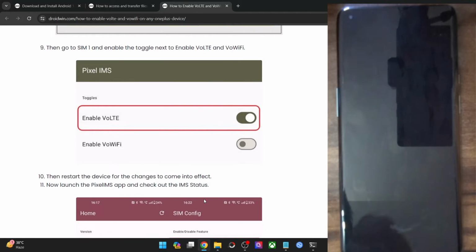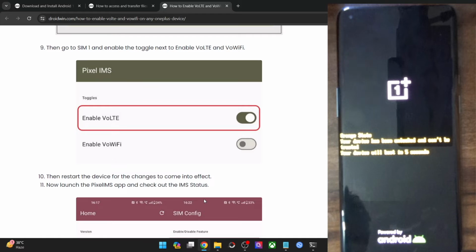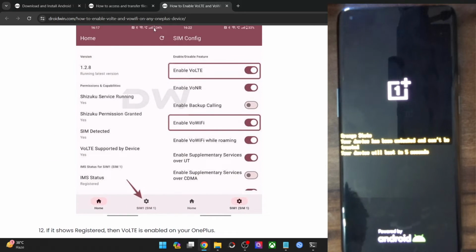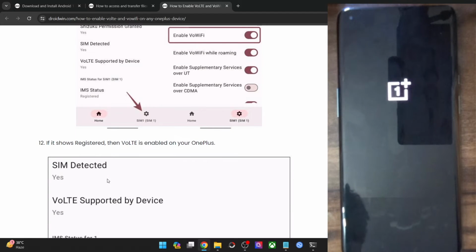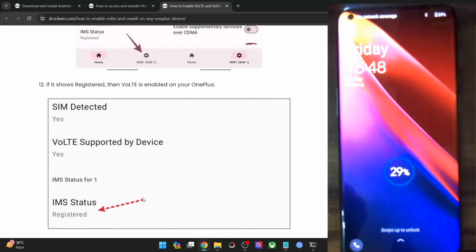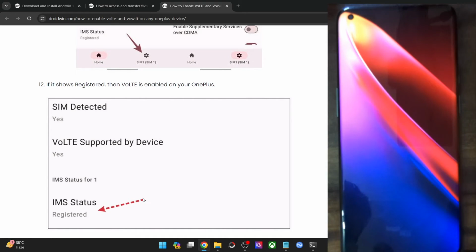And as of now, after a restart, in some cases you might have to do a restart a couple of times for the changes to take place, whereas in most cases a single restart should get the job done. Anyways, let's just wait for a few more seconds, and then your phone should show the IMS status as registered, which signifies that the voice over LTE and voice over Wi-Fi has been enabled on your phone. So first and foremost, I'll verify that, and then we could check out the result as well. It will take just a few more seconds for that to happen. And let me now unlock my phone.